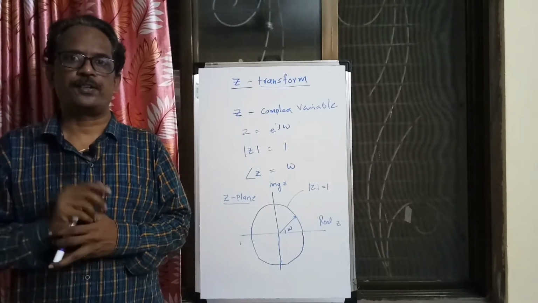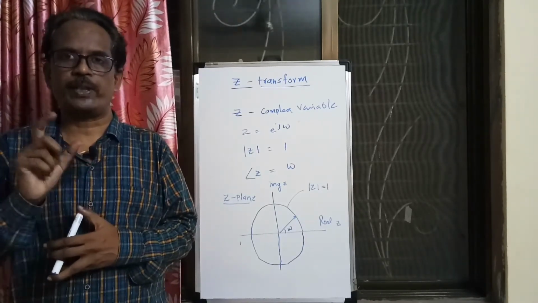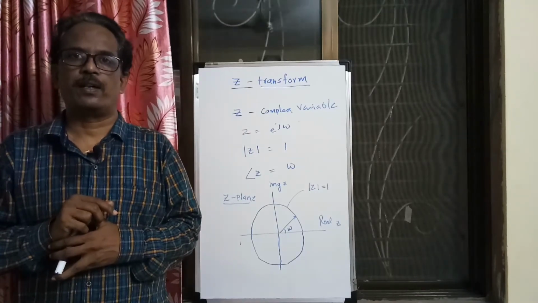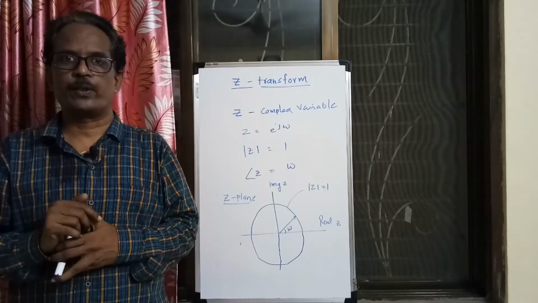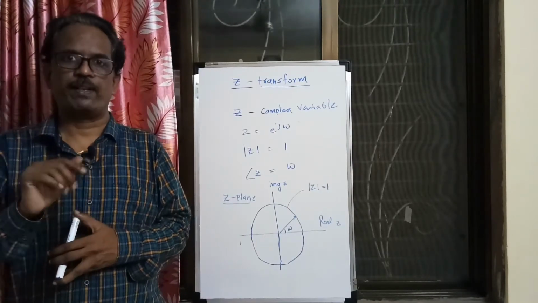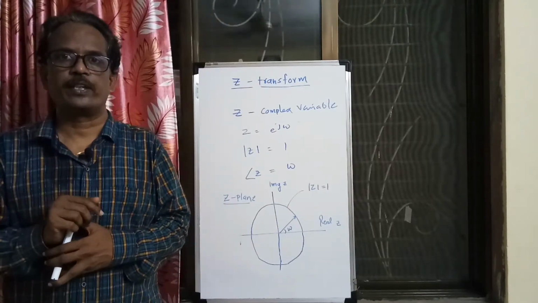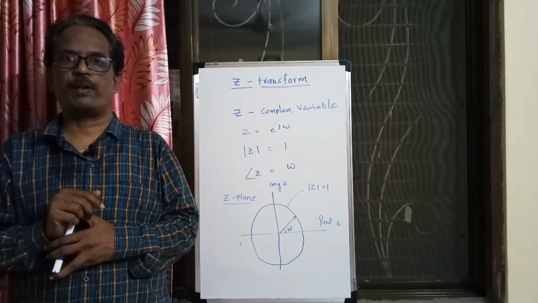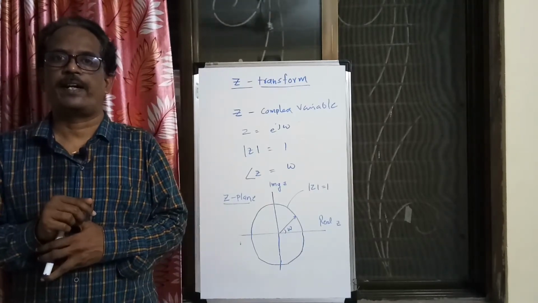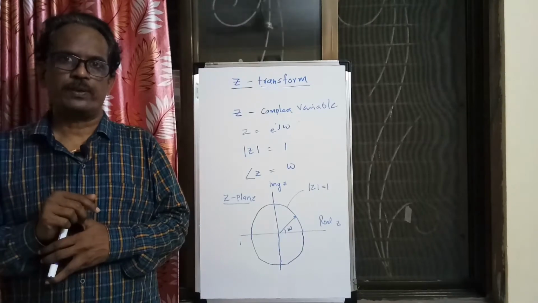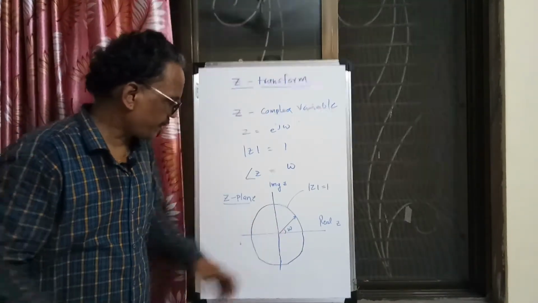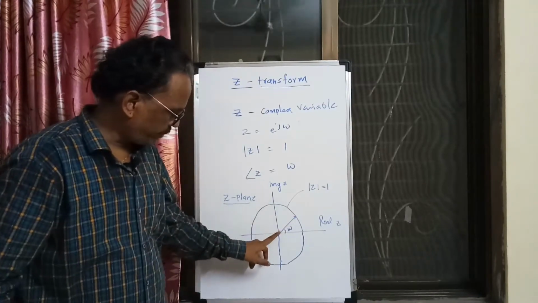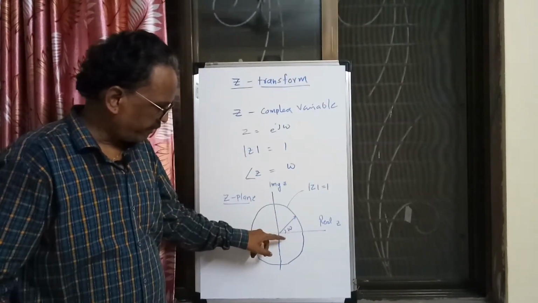And whatever is omega here is called theta, so when we say e to the power j theta, theta is the phase. So here it has the meaning of theta, so it is a phase. Magnitude of z is 1 and phase is theta. So this theta is also called the phasor. It is making angle omega with the x-axis.